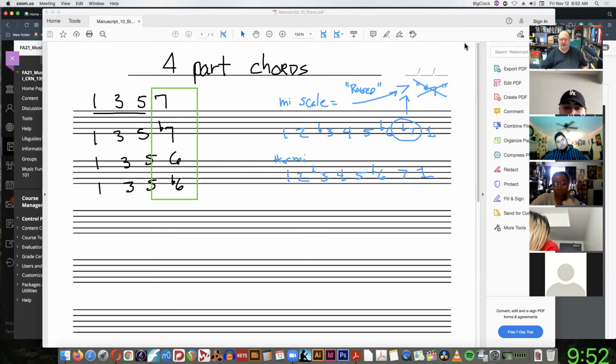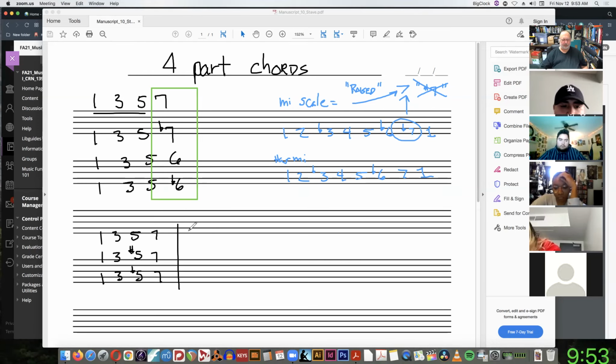Okay, so what's the next one on the list? The 5, right? So then I can take the 1 3, now I can sharp the 5, right? Or I can flat the 5, right? What else can I do to the 5? Anything? I can sharpen or flat it. What else can I do? Anything else? Really not, huh? That's it for the 5, right? But then